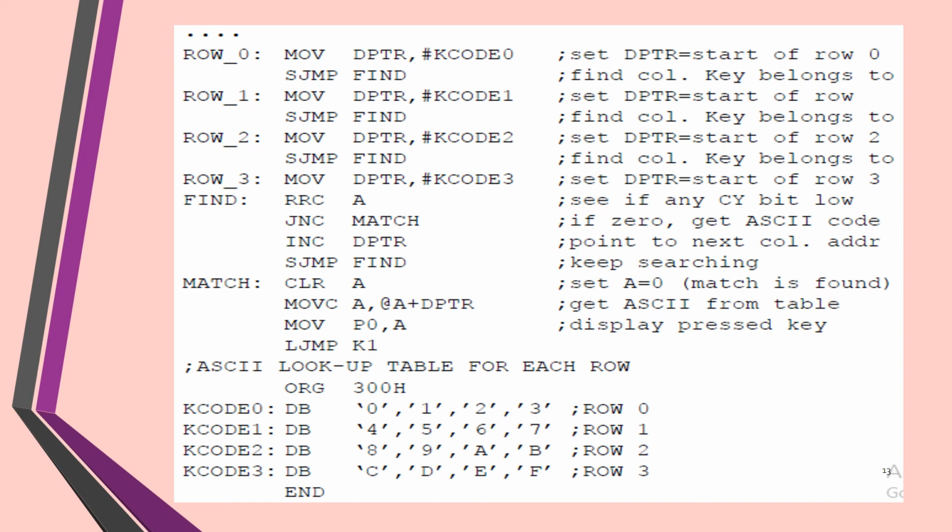How we identify it is by rotating the accumulator contents, because the accumulator has already been taken care of. Now if a particular bit is 0, since we are rotating through carry, that carry bit will become low, and we are checking JNC MATCH.